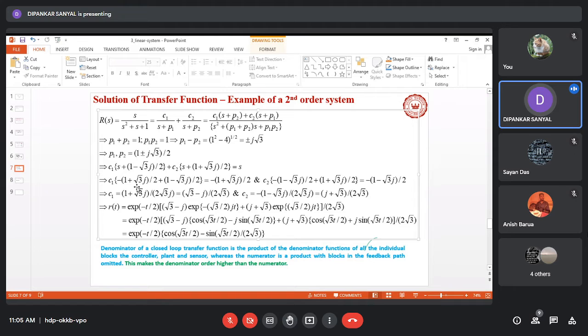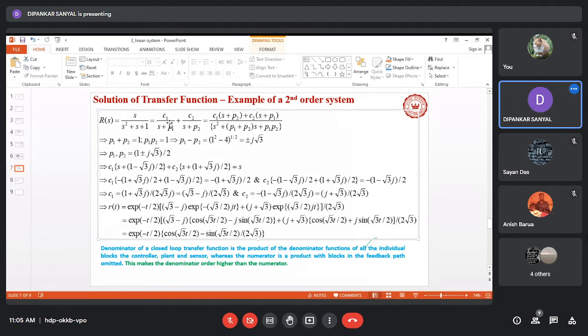By processing that, we obtain C1, and similarly, by making this coefficient equal to 0, we obtain a value of S, and we substitute that value of S here and here to obtain the value of C2 that emerges as this. And once we obtain both C1 and C2, then this response will be simply,